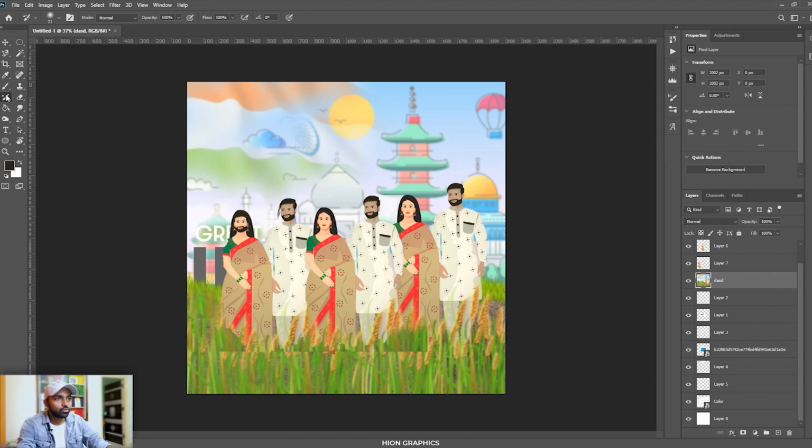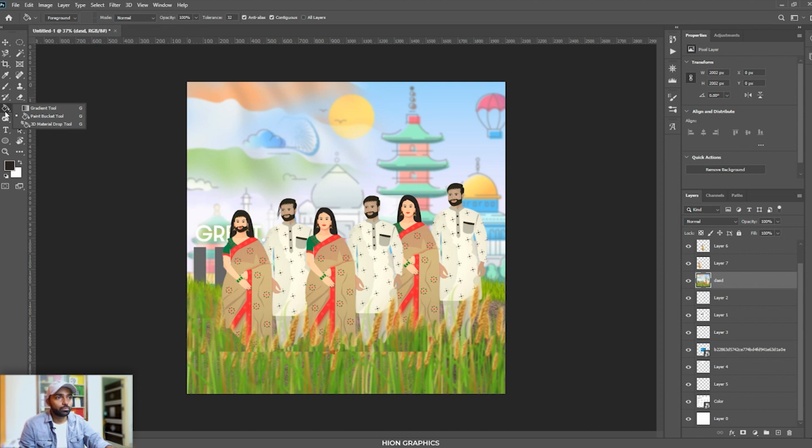Coming to the next thing: the eraser tool, background eraser tool, and normal tools. You can use the eraser tool to erase, that you already know, you would be doing in school also. The first thing that we did in schools during the computer lessons was this only. The next tool is the paint one. In that we have so many things: gradient, paint bucket, and 3D material drop. I will be explaining gradient and paint bucket because you will be using these two a lot.